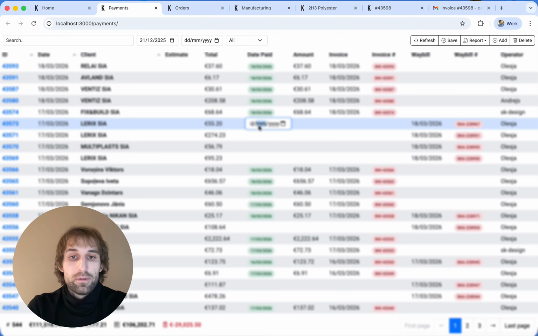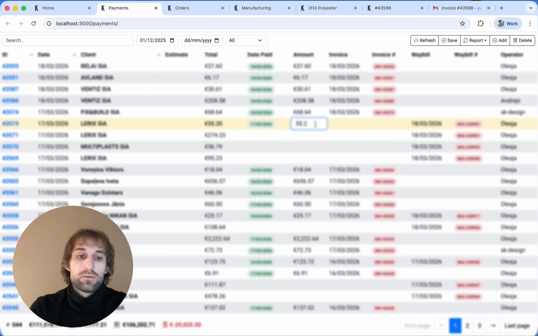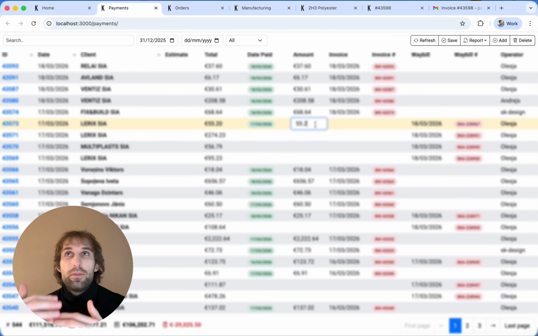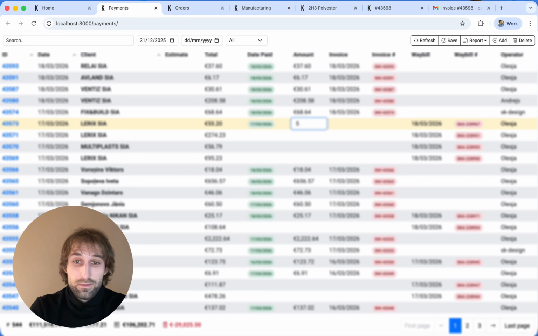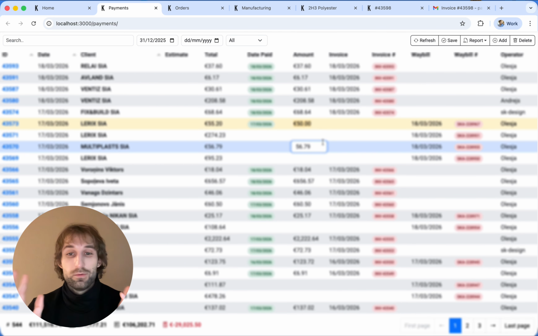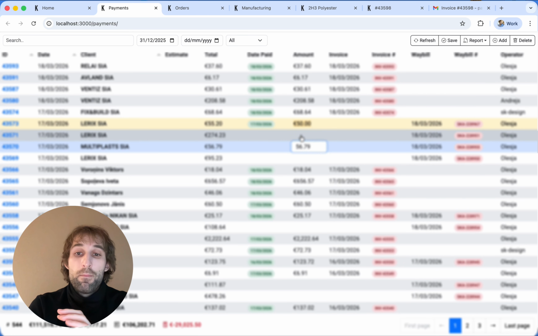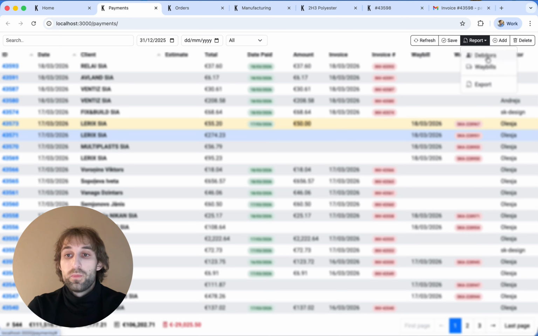Here in the manual mode, I can map the client. For example, click on the date, set up the date of payment, and set up the custom amount. This usually happens when corporate clients are paying in batches. They're not paying the right amount, and we can make it like he paid a little bit less, let's say €5 less than he was supposed to. But then that information goes to the final report, and if we print our final